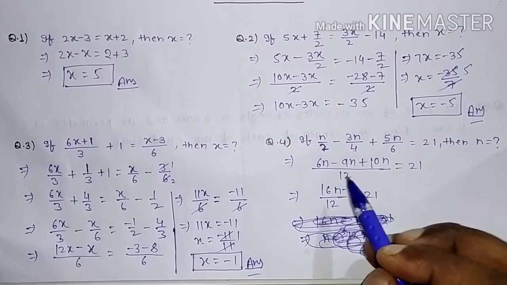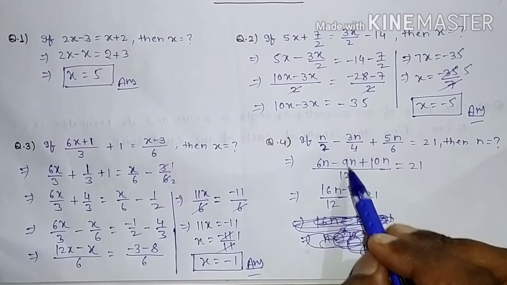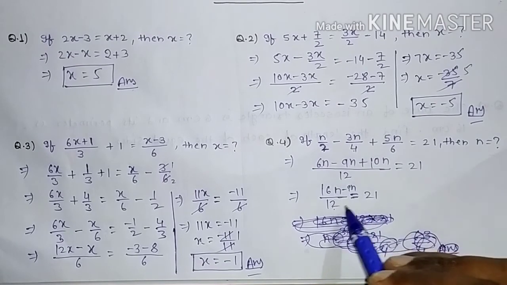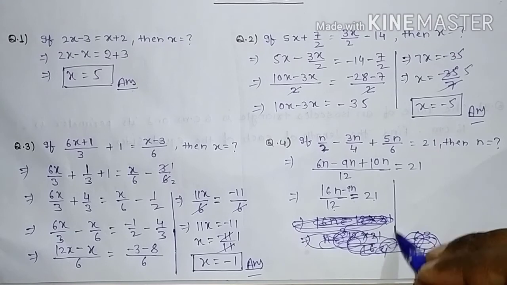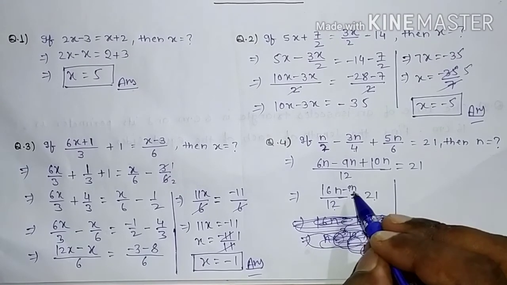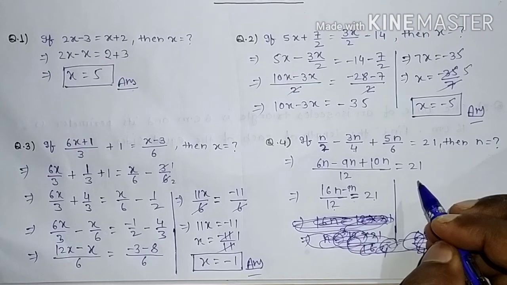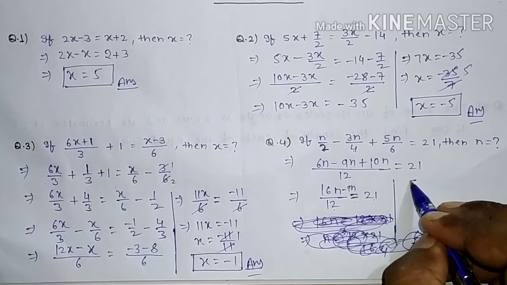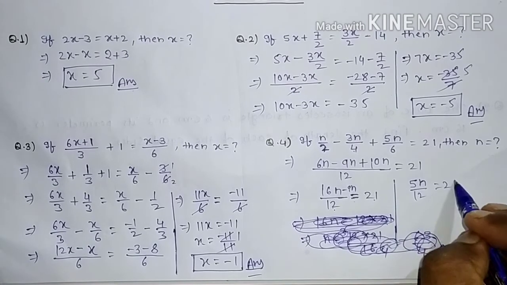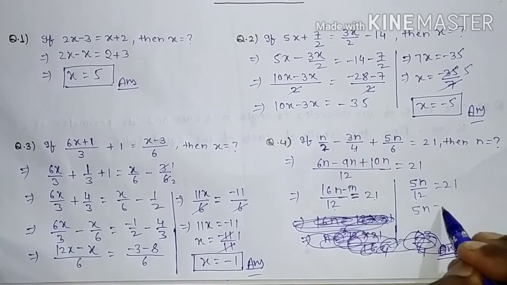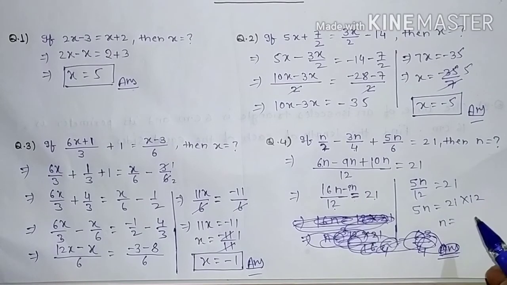So here 6n plus 10n, that is 16n, and this is minus 9n, divided by 12 equals 21. So just solve it. 16n minus 9n, that is 5n, divided by 12 equals 21. Now 5n equals 21 into 12. So n equals